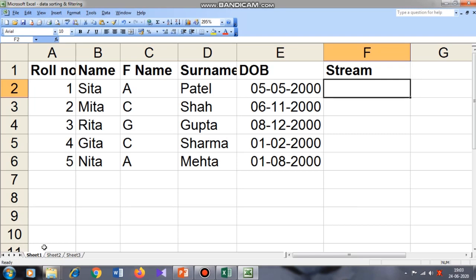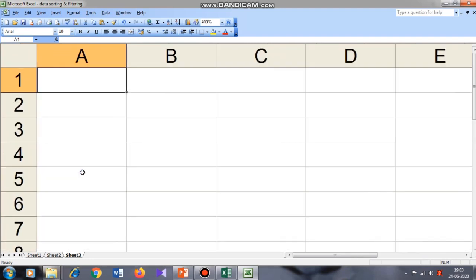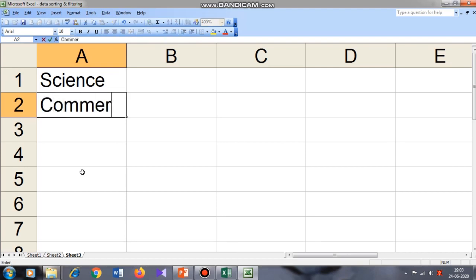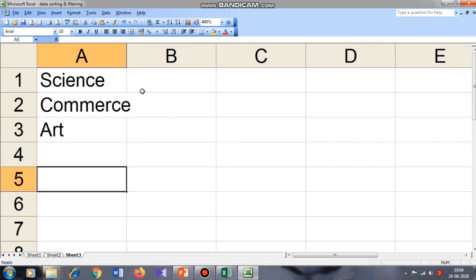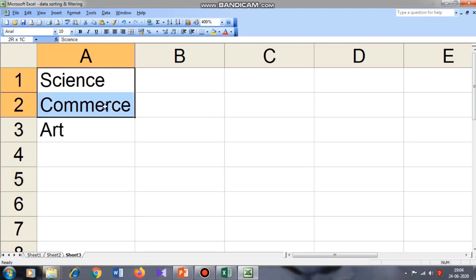So you have to go to any of the sheets. I go to sheet 3 and here I type in cell A1. Remember, in cell A1 I type Science, Commerce and Arts. Now, in the previous videos I had taught you what is the name box. So I will select this thing, I will go to the name box, and here I will type the name as